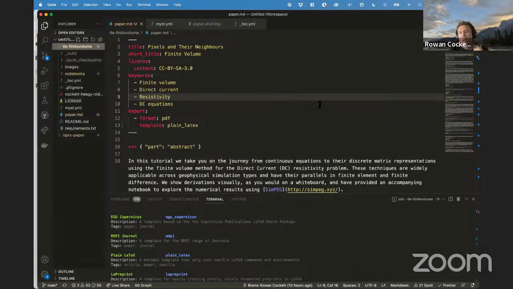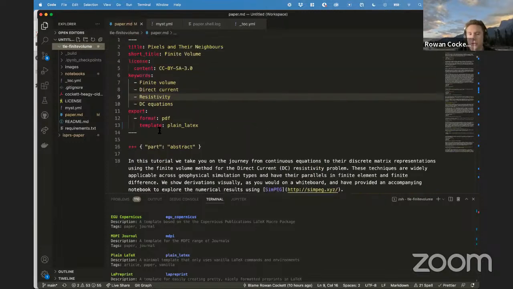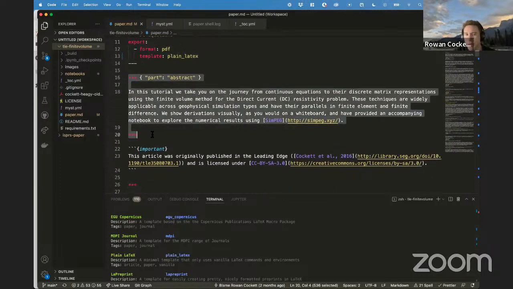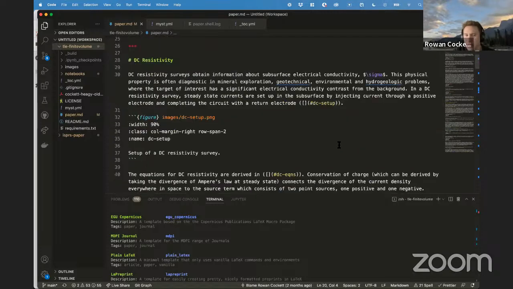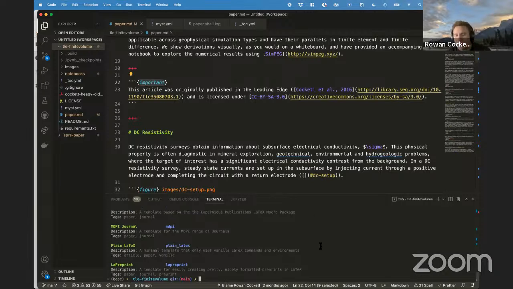tutorial paper that I wrote that is written in MyST Markdown, which has this sort of content at the top, which is front matter, and you can see some of the export targets that we've started to create. And then we're starting to label the different pieces. We can have Markdown links, we can have admonitions as well, which show important. And so I'm going to, inside of this folder, just called MyST Start,